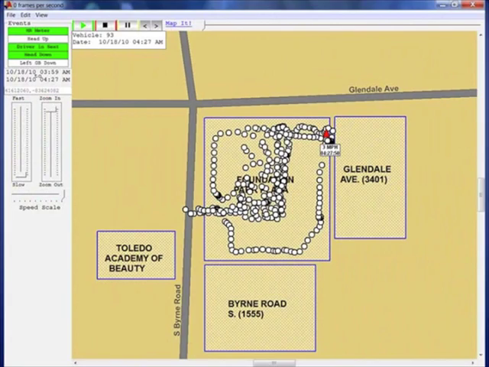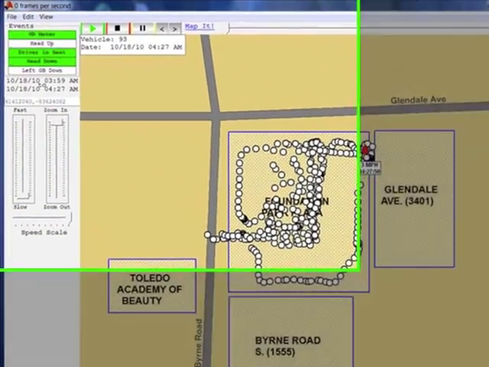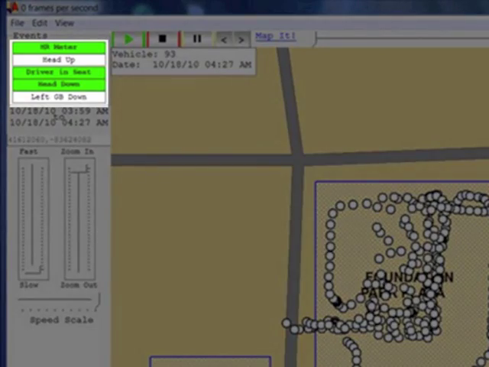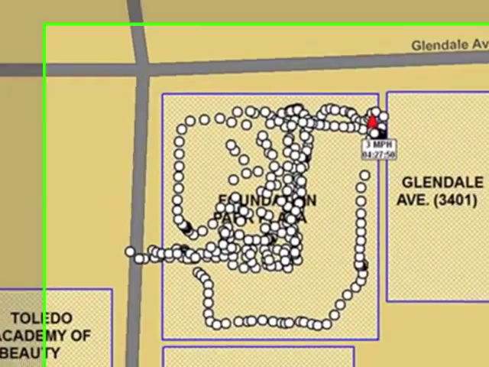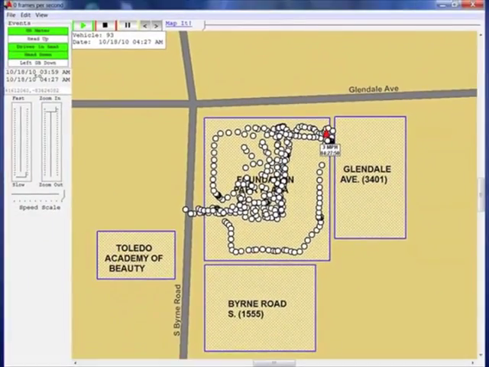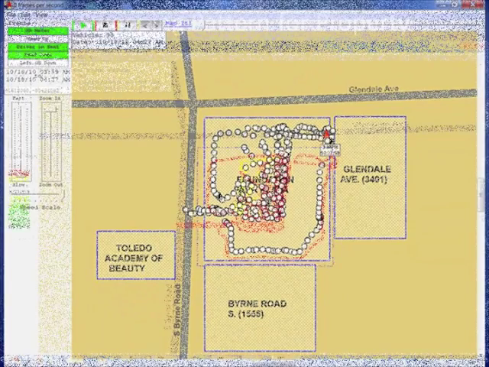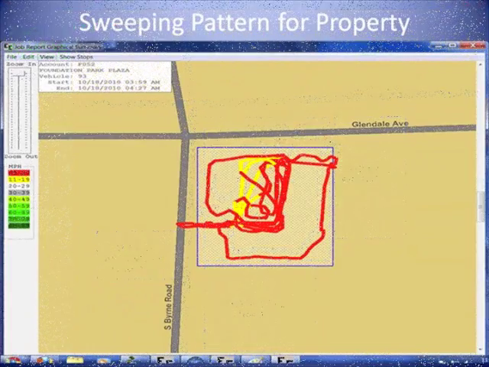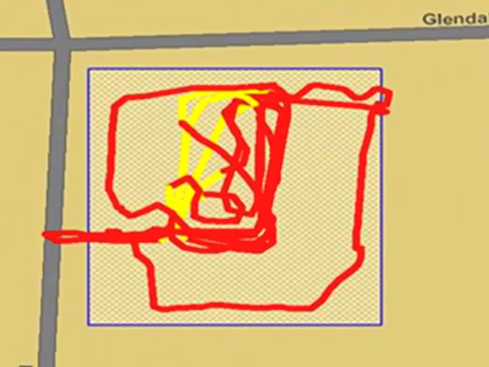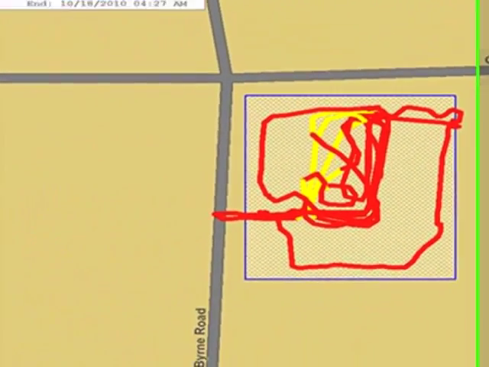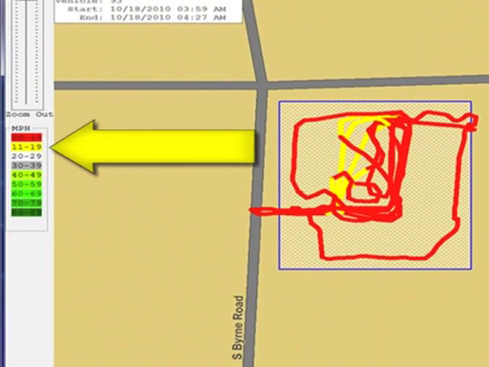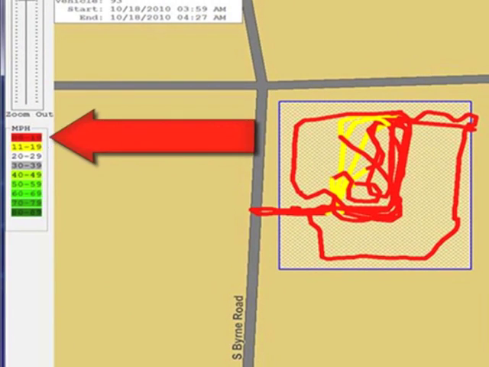This screen is one taken from the animated breadcrumb trail. You can clearly see when the driver is in the seat and the sweeping head is down because they are highlighted in green. The sweeping pattern is clearly identified as well. This is a snapshot of the actual sweeping pattern of a job with speeds during the job specified. The yellow indicates the driver was between 11 and 19 miles per hour, while the red indicates under 10 miles